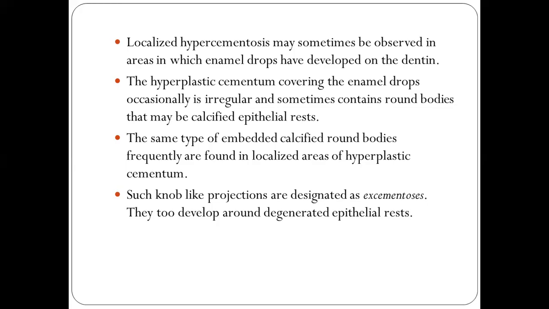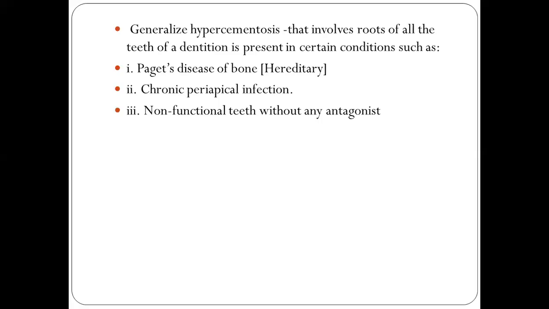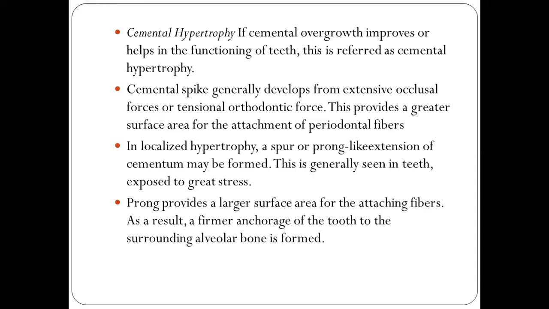Such knob-like projections are designated as X-cementosis. They too develop around the degenerated epithelial rest. Now, generalized hypercementosis is found in these conditions: Paget disease of bone, chronic periapical infection, and non-functional teeth without any antagonist. Now, cemental hypertrophy. If cemental overgrowth improves or helps in the functioning of the teeth, this is referred to as